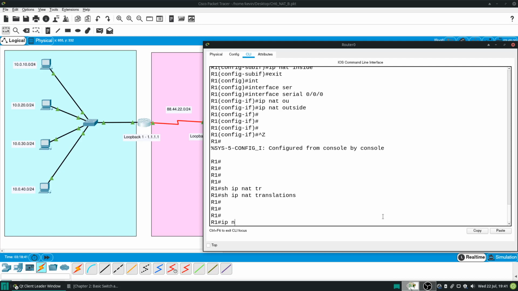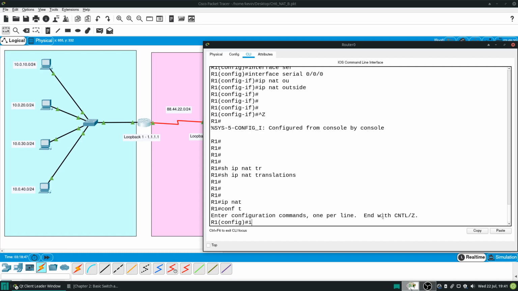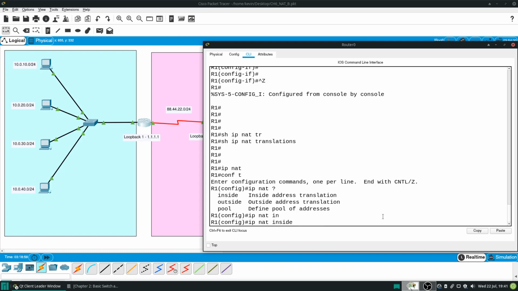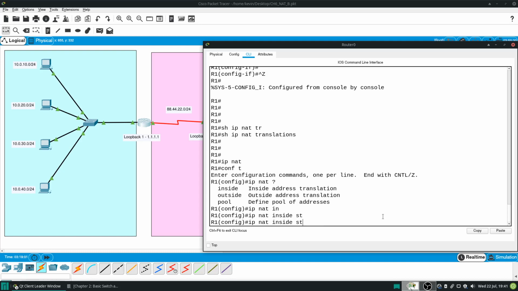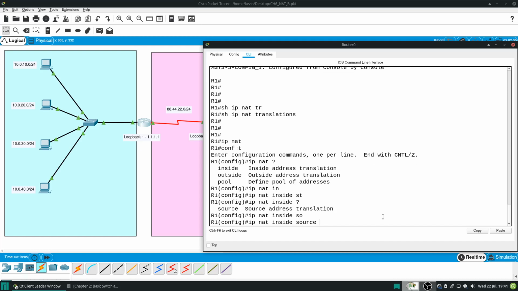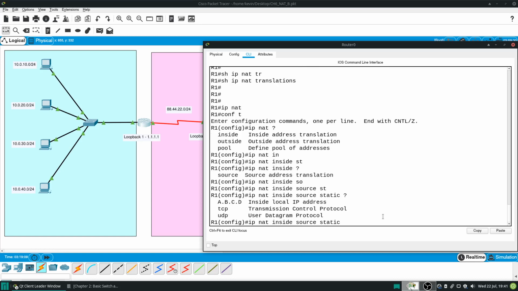ip nat. Conf t. Right, ip nat. You'll notice that we've got inside or outside. Well, we're on the inside of the network, so we'll go inside source, sorry, static, followed by the